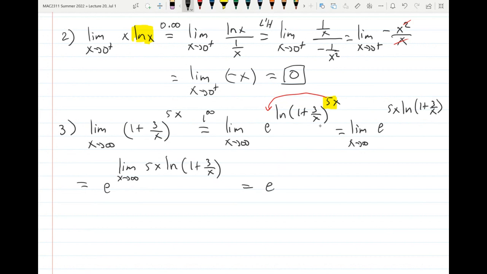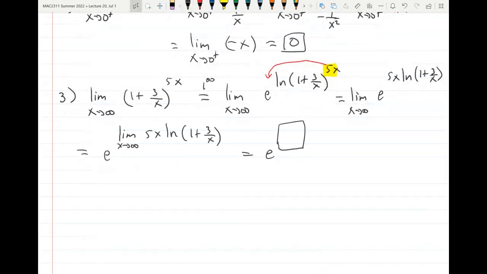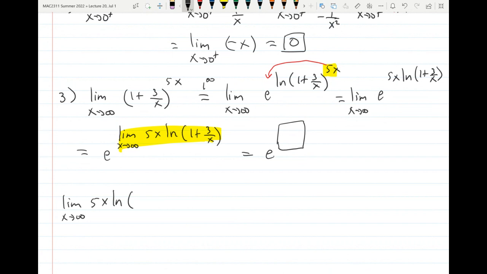I'm going to write here e to the power of, and put a box here, because then inside that box, that's where I'm going to put the result. And just to have things cleaner, I'm going to go ahead and take that limit. So this limit over here, I'm going to evaluate it down here. But remember that the answer is e raised to whatever this limit is. Okay,